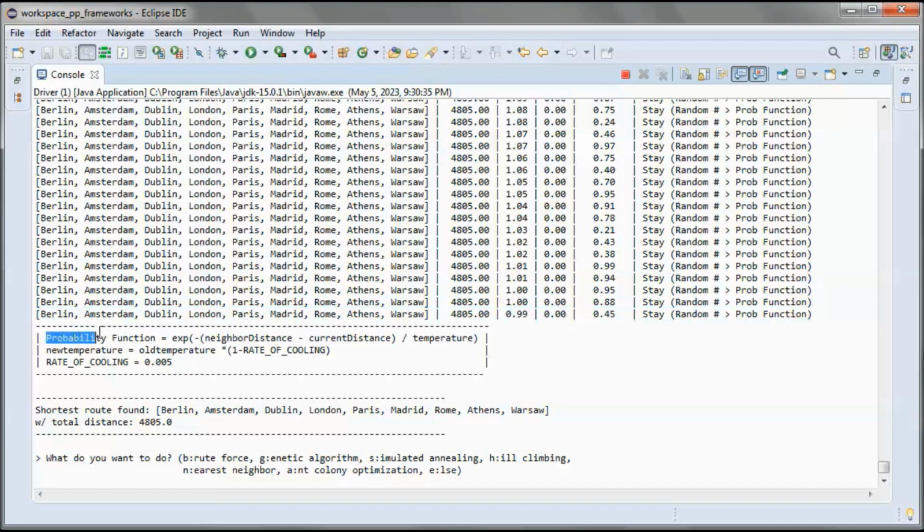So to achieve that, we use this probability function with the new temperature equaling the old temperature times 1 minus the rate of cooling. And we are using this as the rate of cooling.